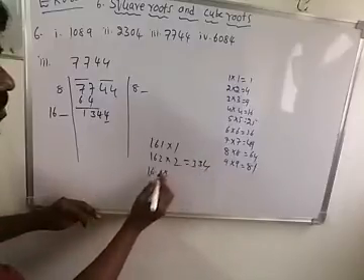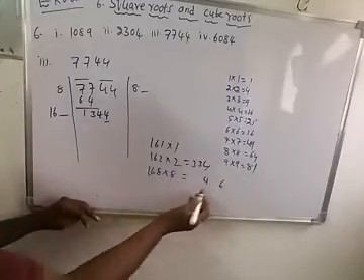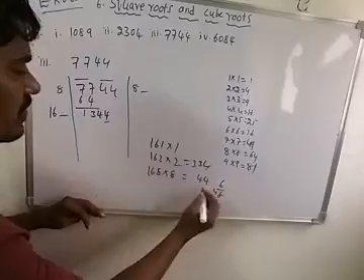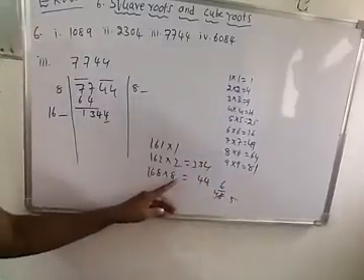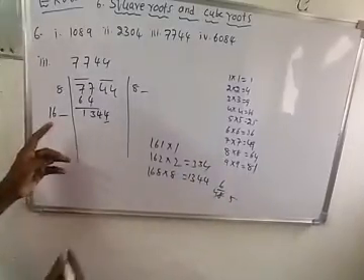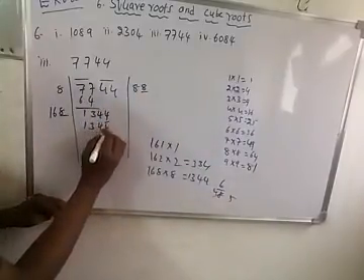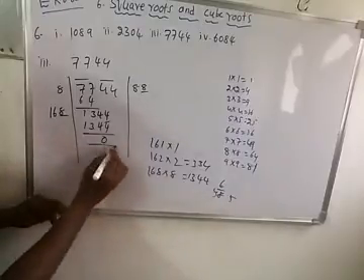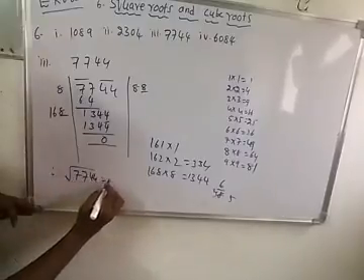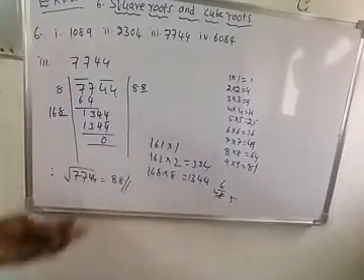So this will go to 168 8s or not? 8 8s are 64, 8 6s are 48, 48 plus 6 is 54, 5 remaining. Next 8 1s are 8, 8 plus 5 is 13. So this will go to 168 8s, that is equal to 1344. Then we will get a remainder 0. So the square root of 7744 is 88. So the remaining problems you do like this.